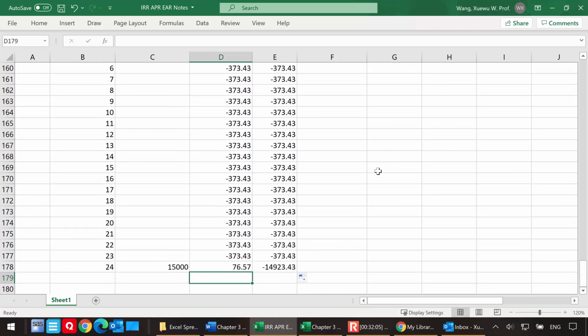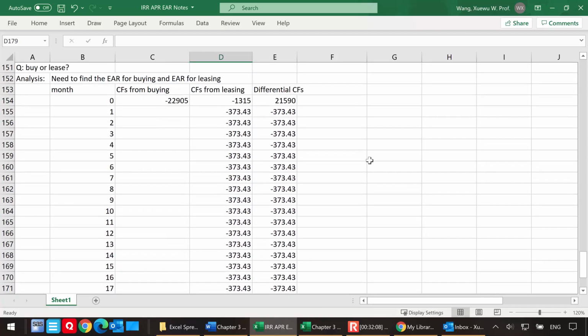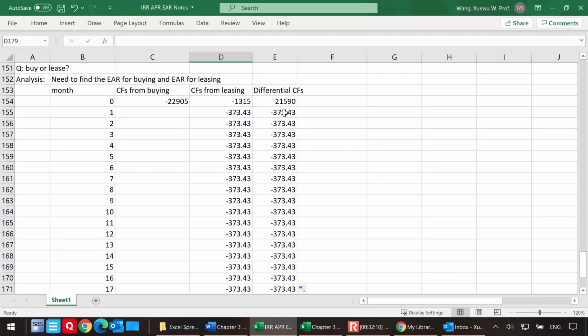I'm skipping some notes here, but really this is regarding the interpretation of the differential cash flows. If you're willing to lease, and I'm repeating myself here,